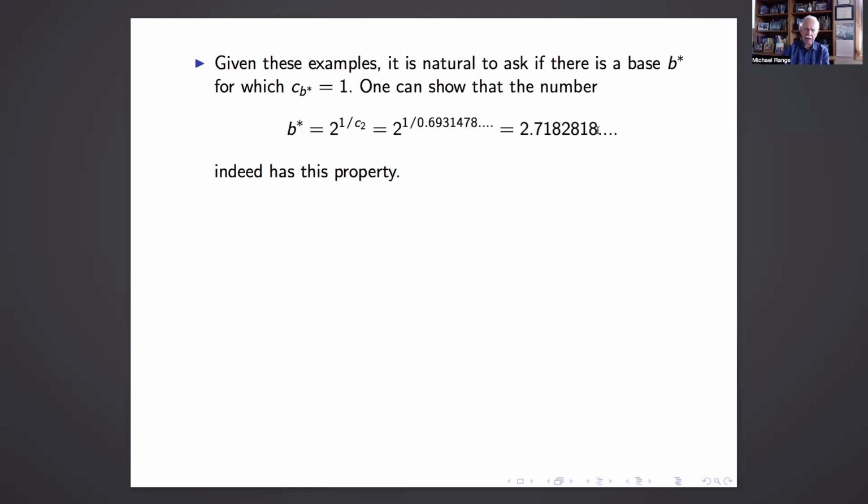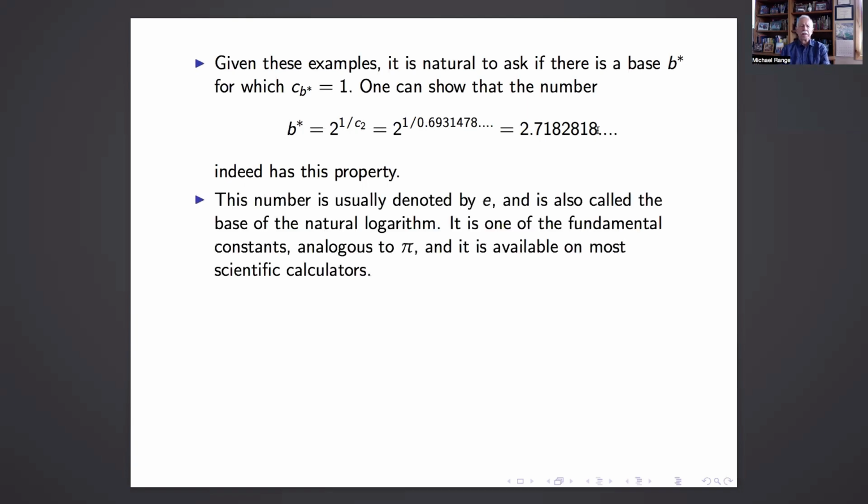And indeed, it has this property that the derivative of the exponential function with base b star is equal to 1. This number that we just obtained here is usually denoted by e, and it is also called the base